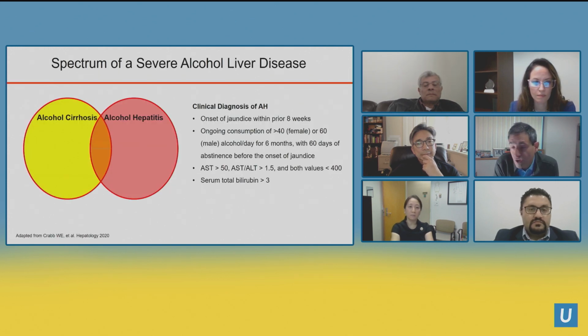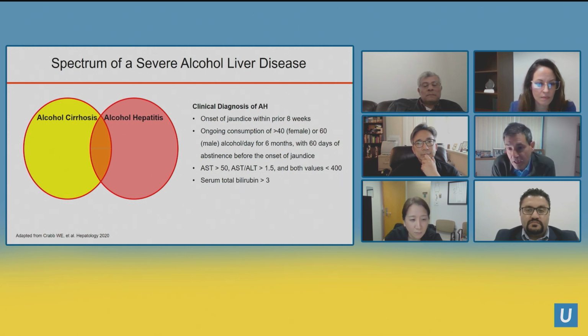So as you know, severe alcohol liver disease is a spectrum. On the one hand, we have alcohol cirrhosis, people drinking for many years and just have progressive liver disease. On the other hand, we also have alcohol hepatitis. And then we have this combination of acute on chronic. Now, Jihan taught me in the past 12 months that there's actually a very specific definition of alcohol hepatitis that was